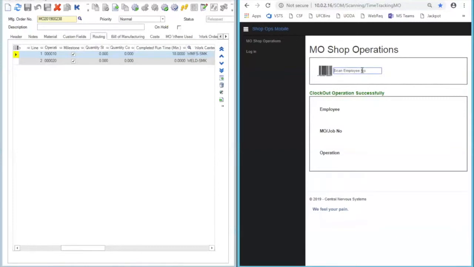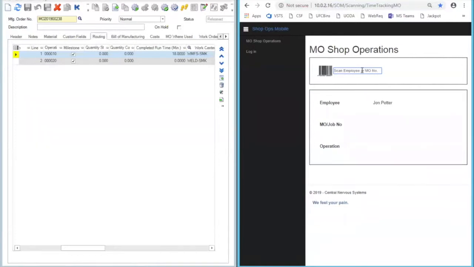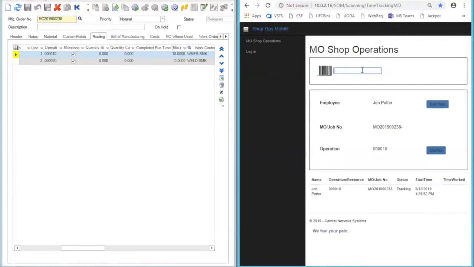Now, let me demonstrate this as the supervisor, because not only can we record time, but we can also start and complete operation. So this time I'm going to scan myself in as John. John is in the administrator group. Same manufacturing order, and let's say this operation. Now this operation, as you can see in my test, I've previously started